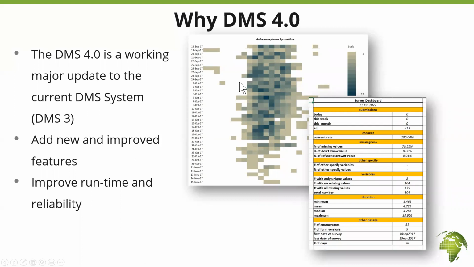The pictures that we have here are just to show you what some of the outputs look like. What we have at the top here with all the colors in green and yellow is basically a different implementation of the IPA check time use. We will talk more about that when we get to time use, but some of you may already be familiar with it. IPA check time use basically shows you which parts of the day the enumerators are most active. It also shows you, based on the different days, there's a second sheet to this. It's not just this one. This is just to let you see what it looks like. And this other sheet that has orange in it down here is a picture of the summary sheet of the survey dashboard.